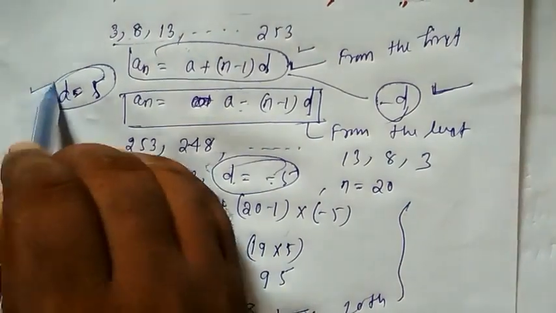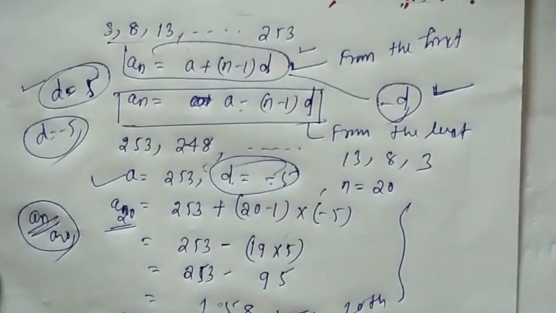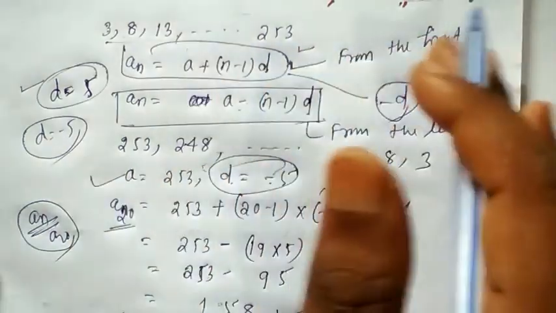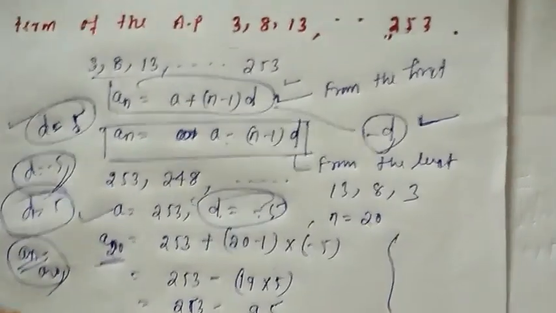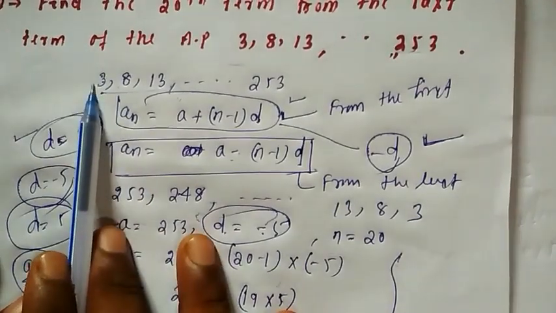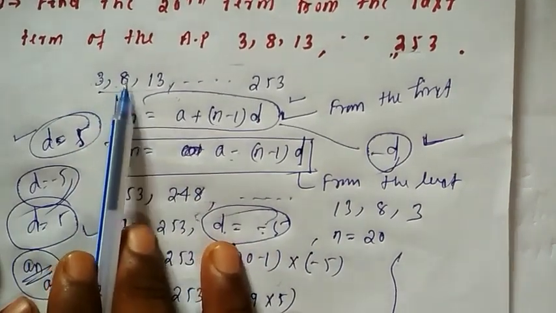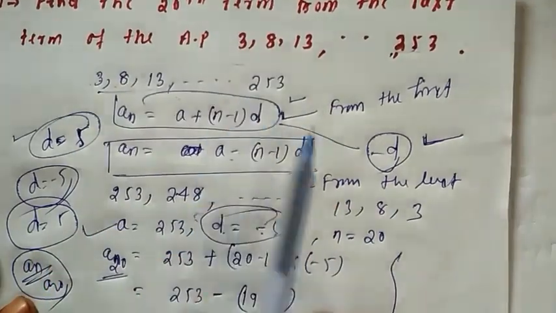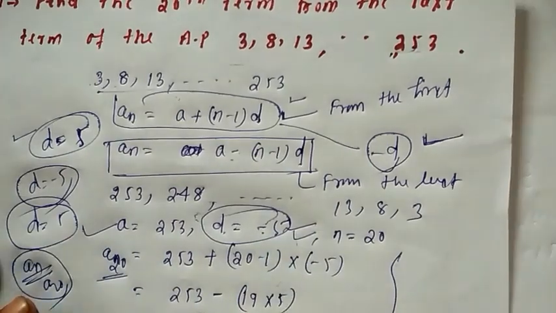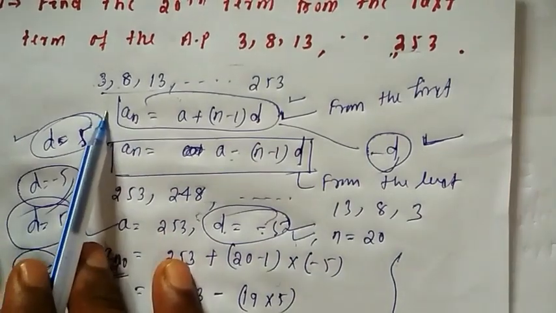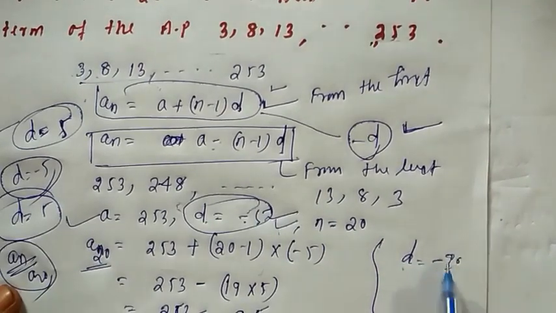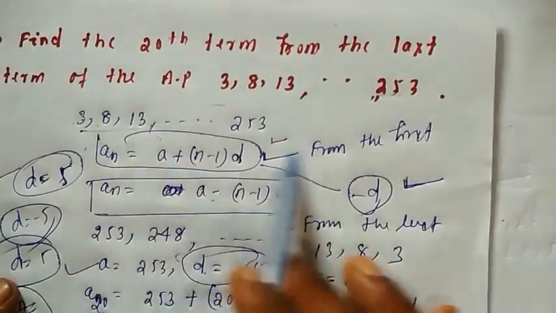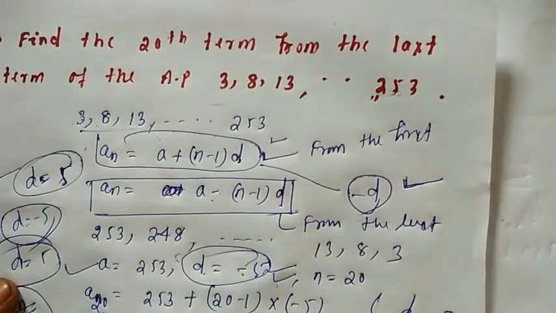Suppose from the first, if common difference is negative, remember from the last, common difference will be again positive. Understanding this concept? From the first, if you are moving, common difference is coming positive. From the last, common difference will be negative. In some sequence, if you move from the first, common difference will come as a negative. Suppose common difference is coming minus 30. While moving from the last, common difference will take as a